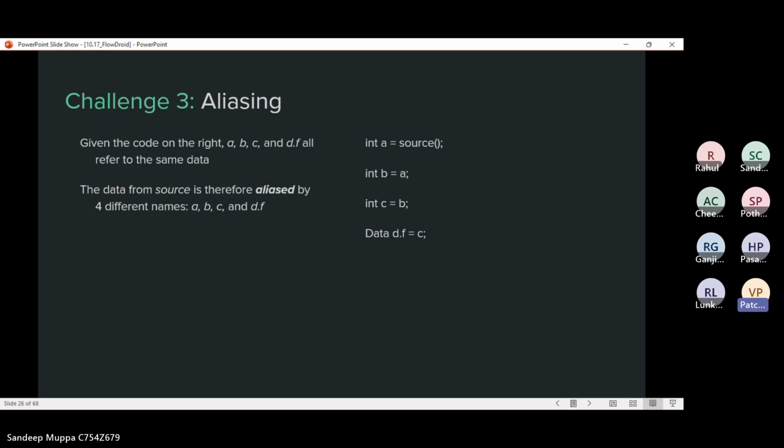Here we can see the source code with the variables a, b, c and d.f, all referring to the same data. First we initialize a to the source, b is initialized with a, c with b, and d.f with c.